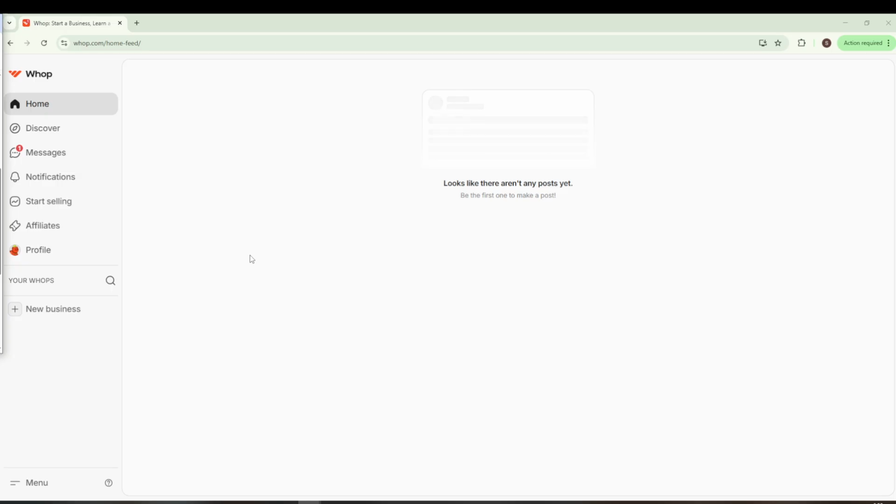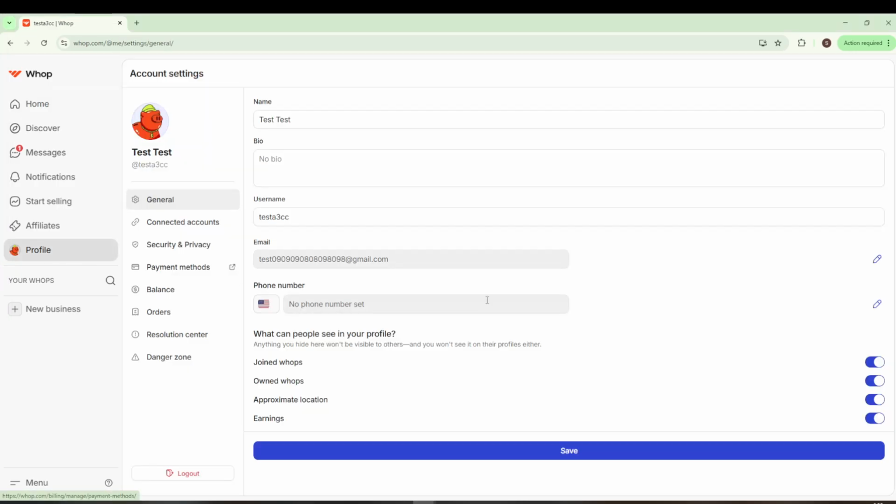From this central hub, the next step is to head over to your profile. Look towards the top or side of the page. You should see a section or icon labeled Profile. Clicking on this will take you to your account details and settings, where you can customize and manage various aspects